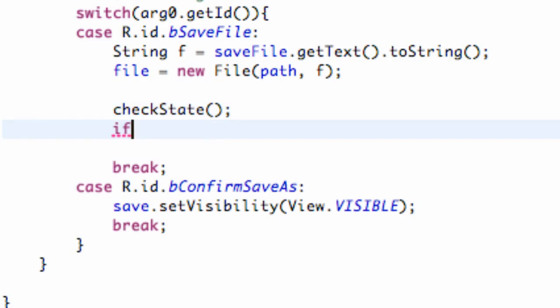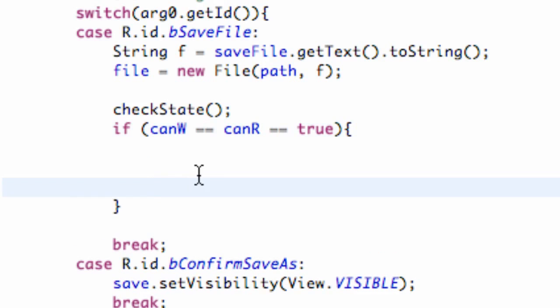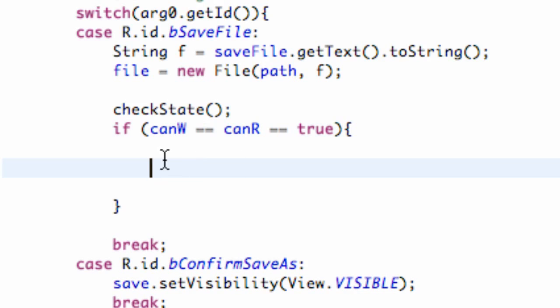And then we're just going to say if can write equals can read equals true, we can read and write, right? And within here is where we're actually going to do everything. Before we used FileInputStreams and FileOutputStreams, but this time, since we actually have a file set up, we're just going to use InputStream and OutputStream. So what we're going to do is create an InputStream,